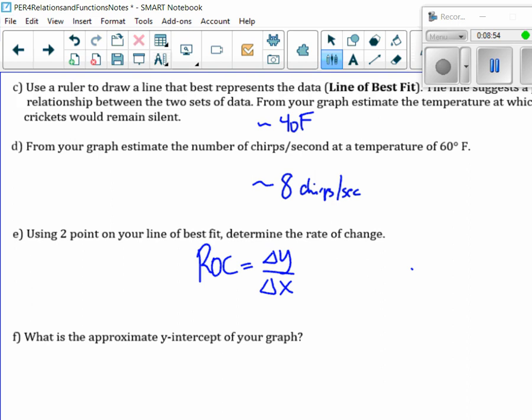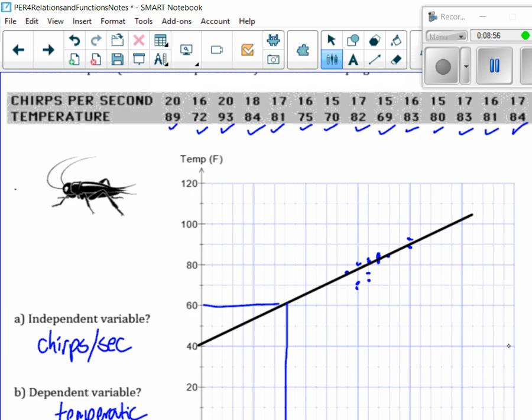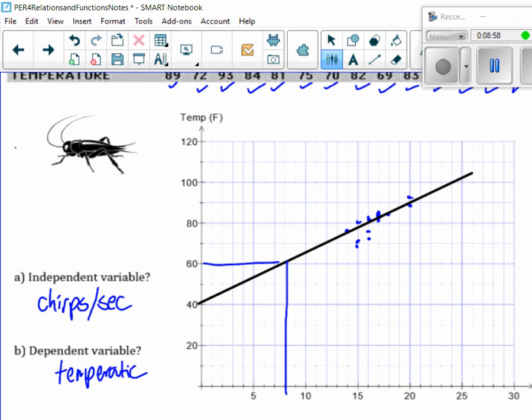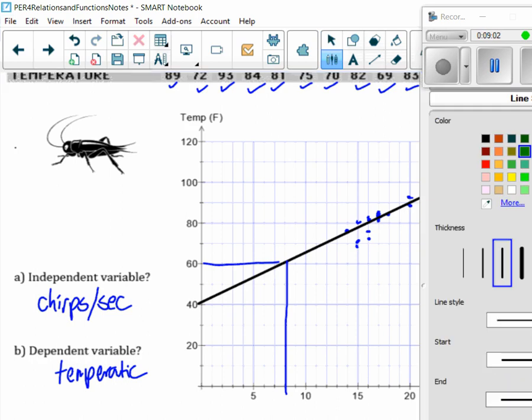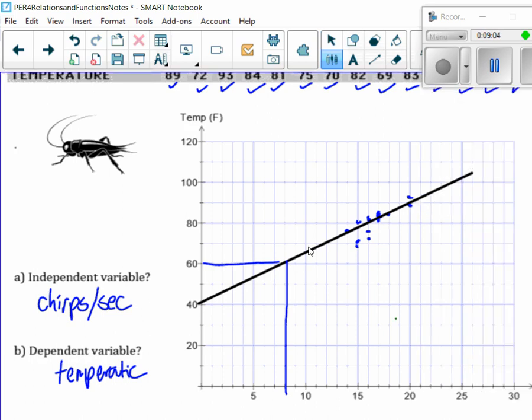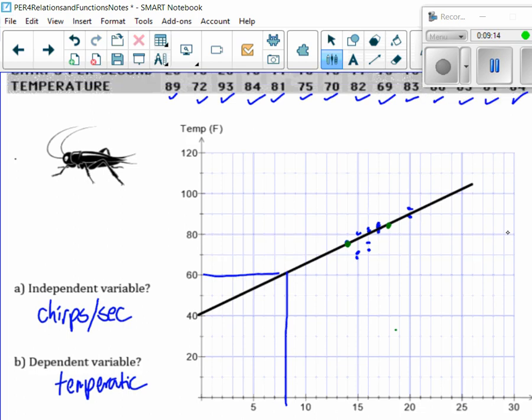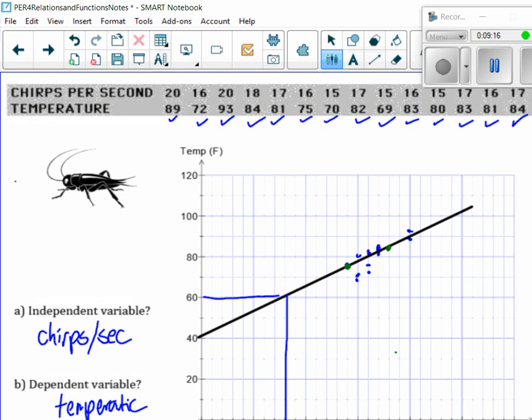So take any 2 points on here and figure out the rate of change. It doesn't even have to be your data points, but it's probably better to use your data points. For instance, I kind of see my line going through those 2 data points there,